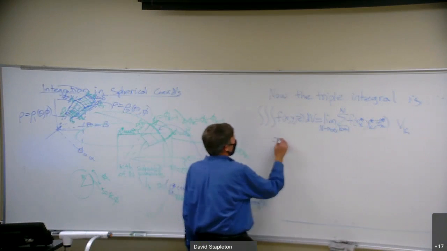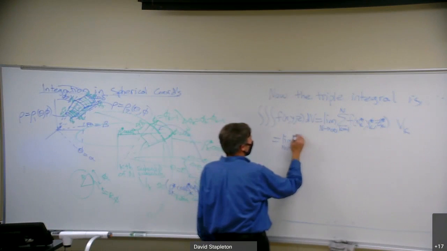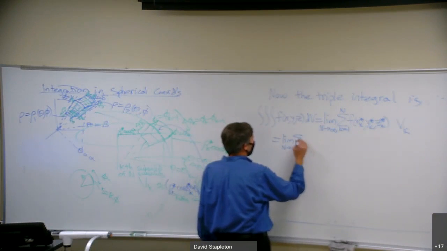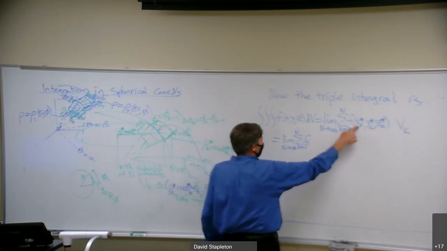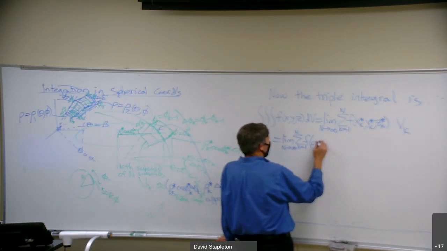So it's the limit as n goes to infinity, sum k equals 1 to n. Xk star gets replaced by its equivalent spherical coordinates, rho, sine,